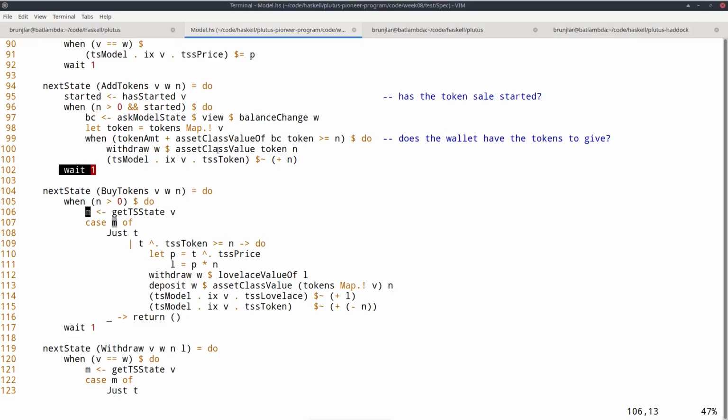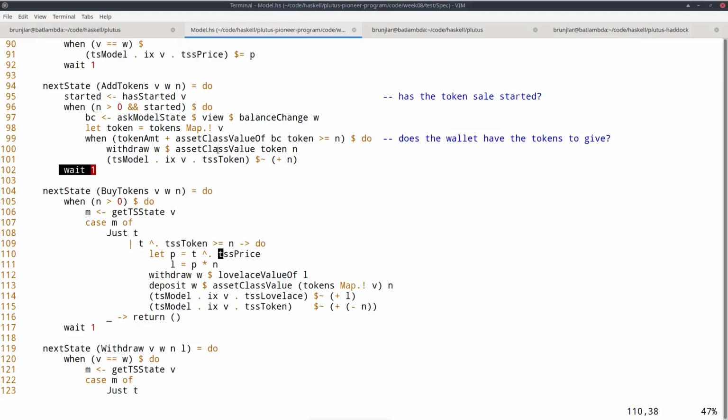So nothing would mean it hasn't started yet. So in that case, I don't do anything. But if it has started, so T is now this token sale state, I can use view with the TSS token lens to check how many tokens are currently in the contract. And that should be more than the amount of tokens I want to buy, or at least as many. So if not, I again don't do anything.